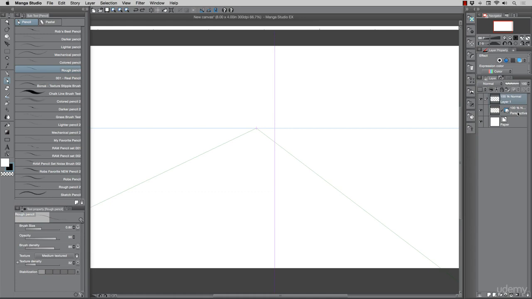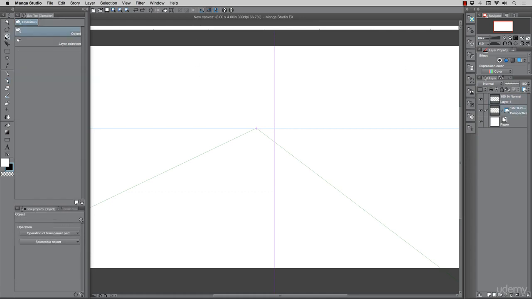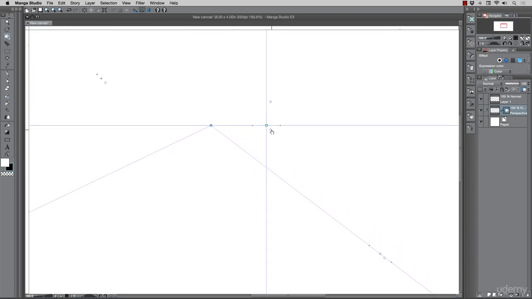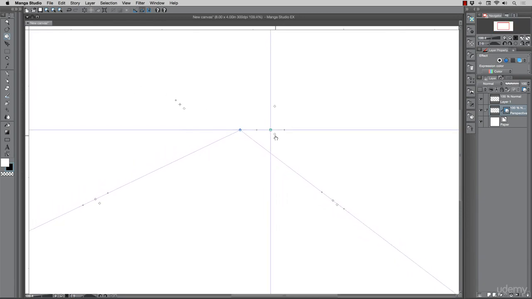So let's go ahead and put the perspective guide back on. Let's go ahead and toggle this back on. And then let's go back into selecting the ruler here. Let's close this window. And let's turn this back on. So purple is active, green is inactive. You can toggle this on and off with the diamond shapes of each one, just like this. Okay, and I guess for the horizon line, it's actually a blue to a purple, it looks like. So it's a little bit tougher to see, but as long as you're aware that you can toggle them on